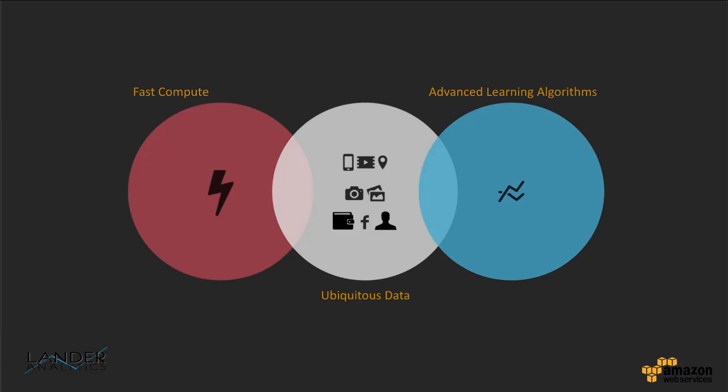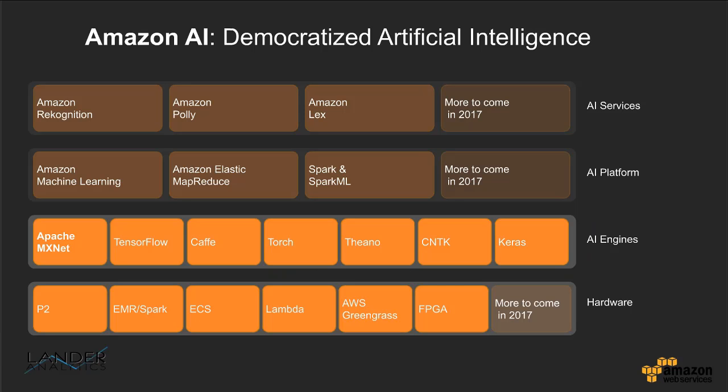So deep learning is for everyone, and that's essentially our goal at AWS. And the drivers for deep learning for everyone are essentially fast compute, ubiquitous data in the form of sensors, Facebook, Instagram, where every user nowadays generates a certain data artifact that could be leveraged for deep learning. And the advancement in learning algorithms, in the form of machine learning and deep neural networks, makes it possible to get to that intersection of compute, data, and advanced learning algorithms that enable people to process deep learning algorithms faster. Our strategy at Amazon Web Services is to democratize artificial intelligence.